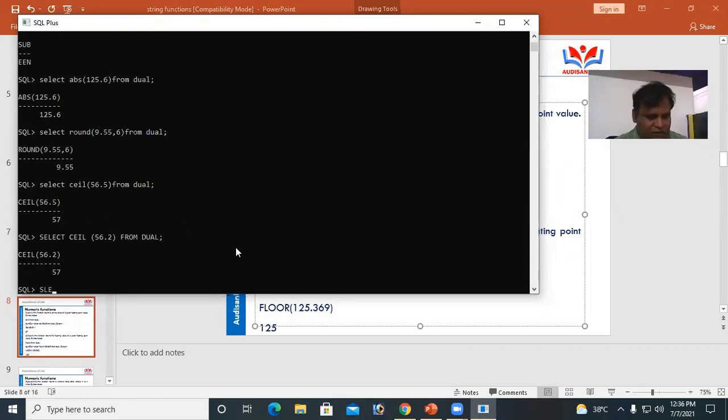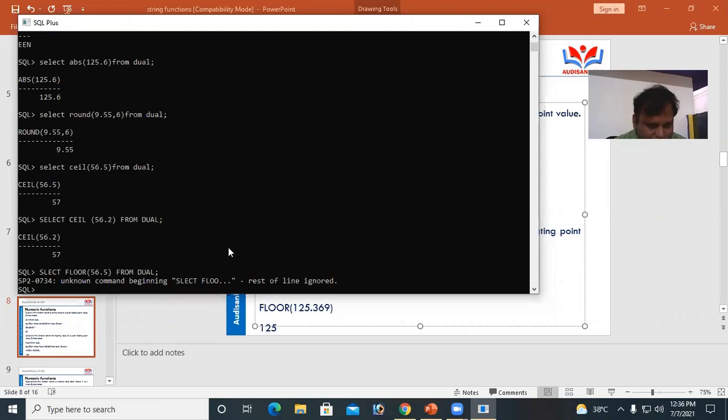Okay, select floor is also another. Floor value means least value, lowest value. Select floor of 56.5 from GL. Select floor of 56.56 from GL.